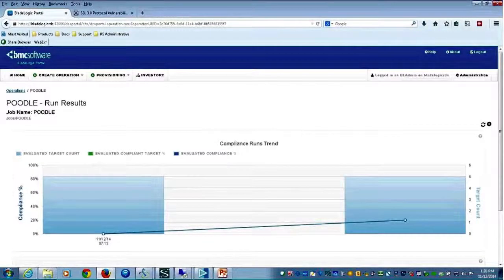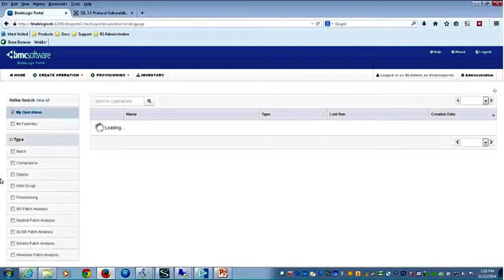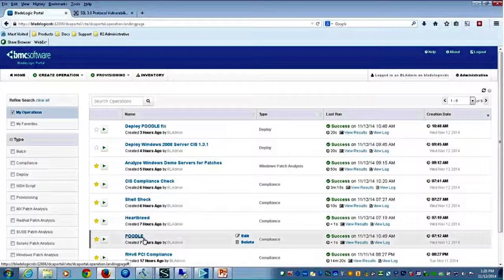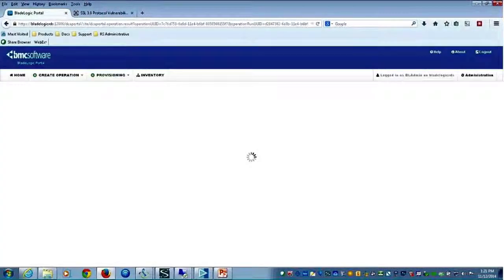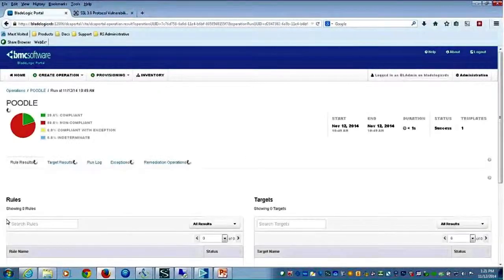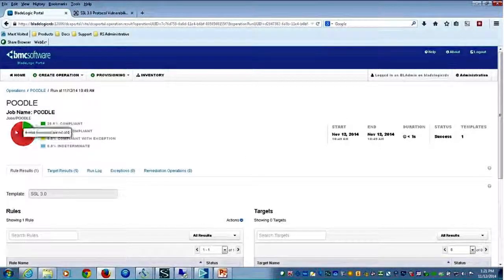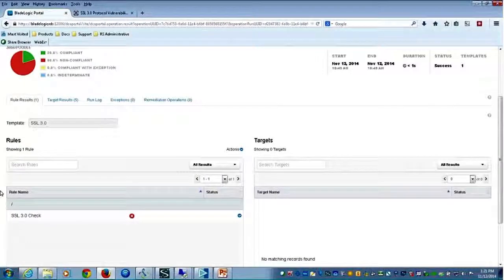Okay, I'm going to back this up. I'm going to go back to the home screen. And what we'll see again on that Poodle, I clicked here on the name, but I have the ability to look at some results. So I'm going to go ahead and look at that. The data is a little bit different, saying the same thing, but you'll notice a different graphic here. So I'm able to see 80% of the machines non-compliant, 20% that are. But the additional thing that I'm able to see here is really where am I out of compliance.